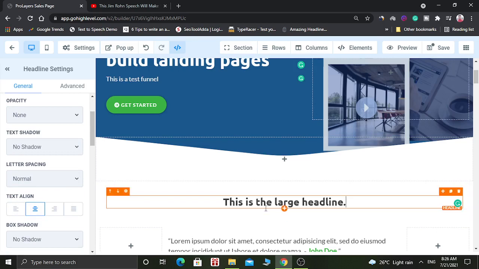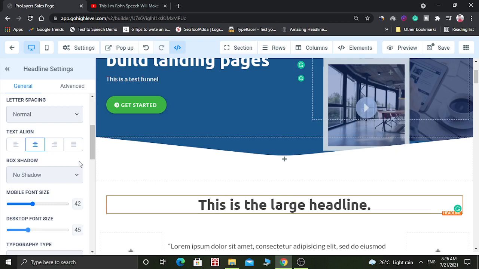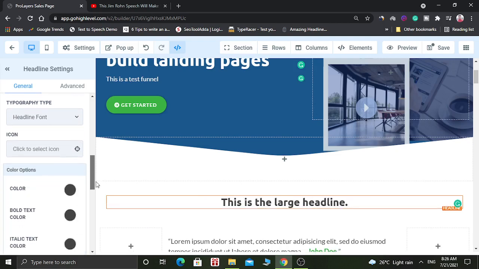You can align this text left and right or in the center. You can give box shadow. You can increase its font size. You can change its color.